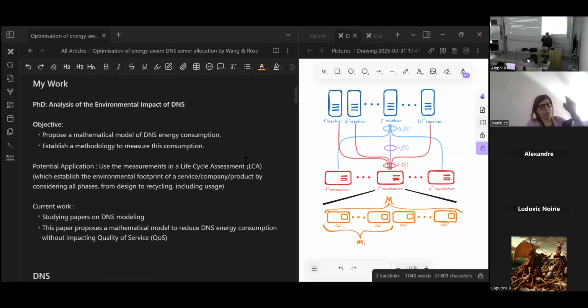In other words, it's to propose a mathematical model and a methodology to measure the energy consumption of the DNS. DNS is a domain name system, for a potential application in the life cycle assessment, which is